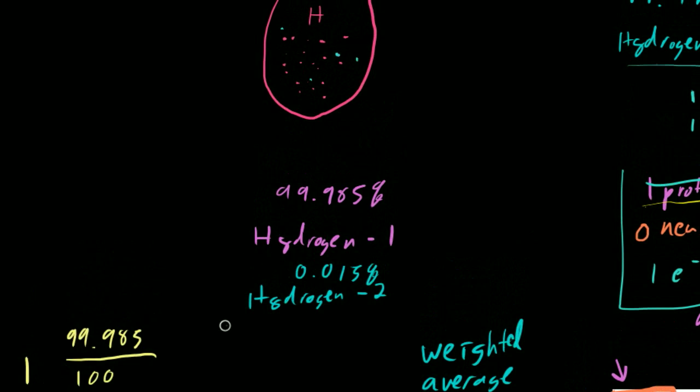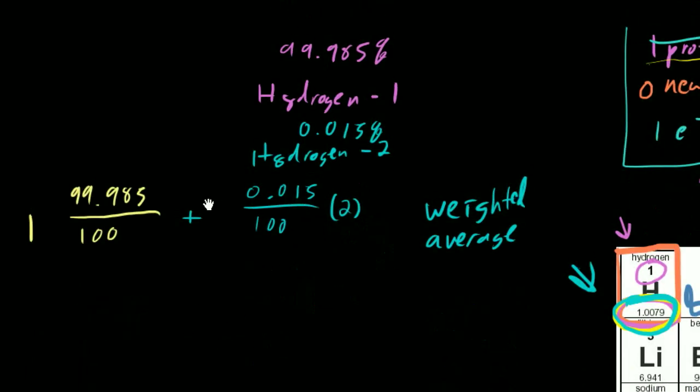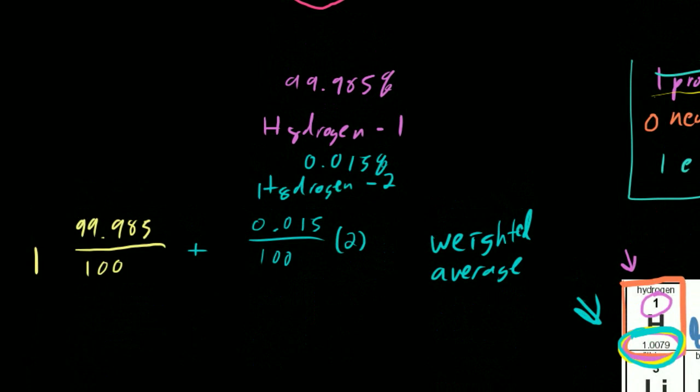And now we could say that out of that, to make up to 100%, 0.015 times out of 100 that we choose an atom in this same balloon, its atomic mass is going to be 2. So we're going to have this hydrogen 2, or this deuterium, we're going to find in our random collection of hydrogen. So if we were going to add that up, that would give us essentially,